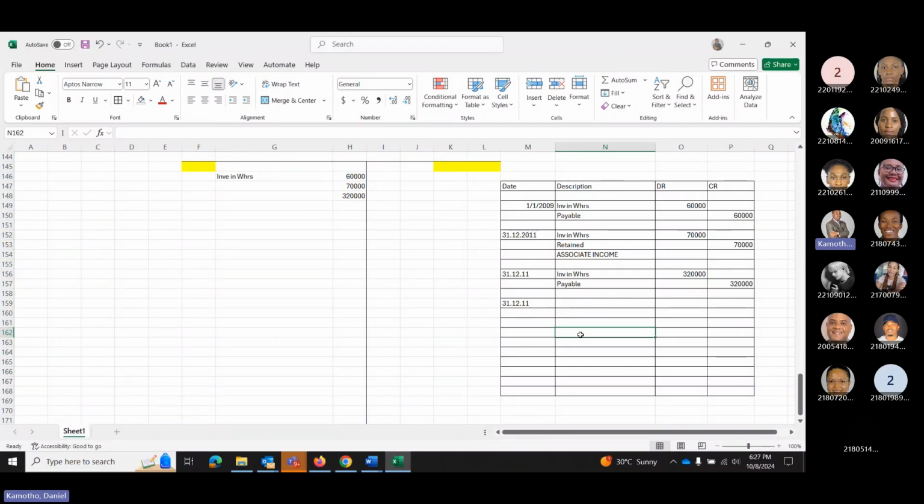So if they were not fairly valued, we would have made first an adjustment to the asset and liability. If the previously held investment needed an adjustment, we would have done that adjustment. But we are now assuming the previously held investment is at fair value. The asset and liability, we have been told, are at fair value. So on the date of acquisition, we make a pro forma consolidation journal where we eliminate the equity